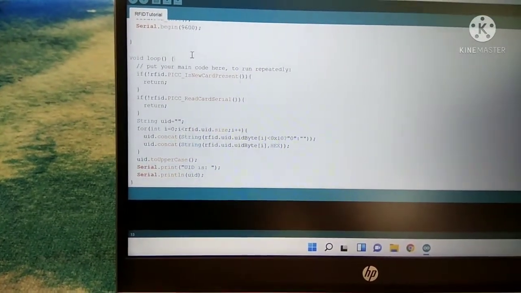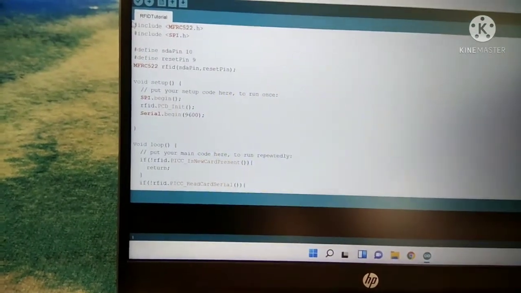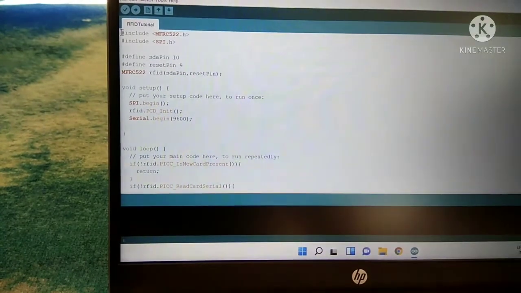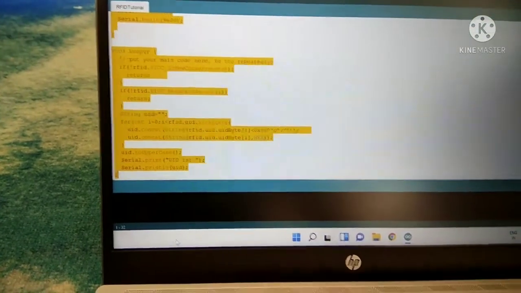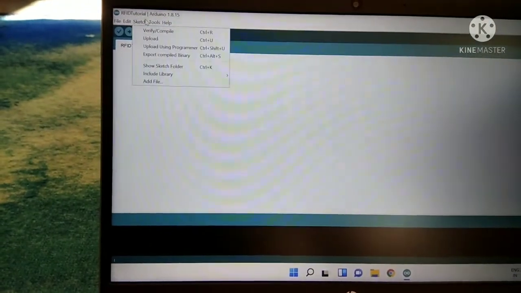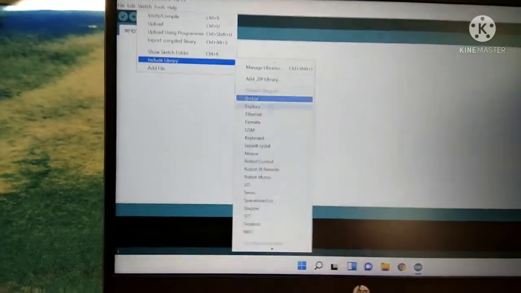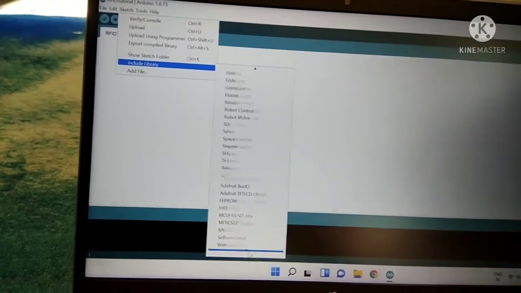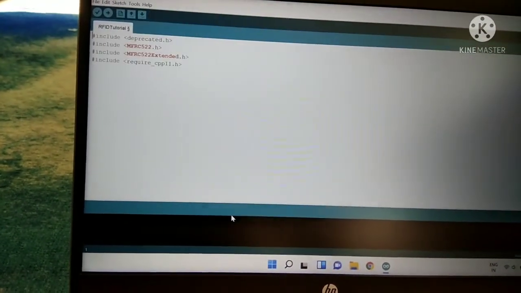What I was thinking was that I will delete the code and write it step by step so that you can understand it as well. So I'll quickly delete it, backspace. Now it is completely empty. Include library. First of all, we need the MFRC522 library.